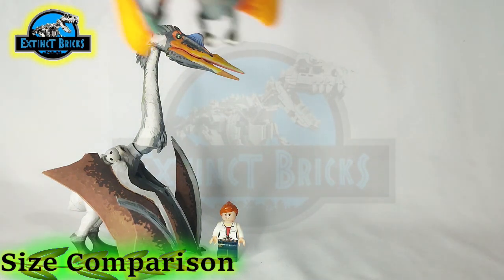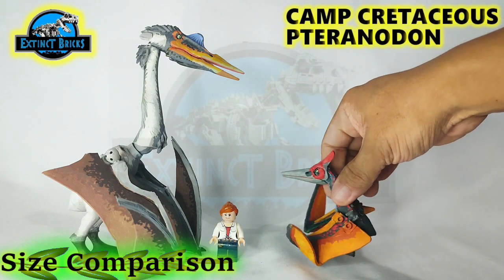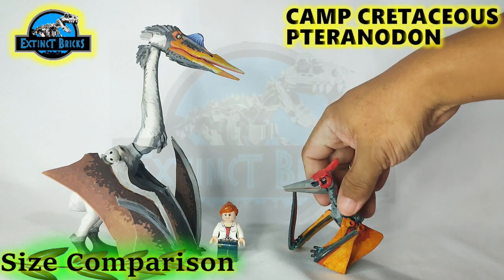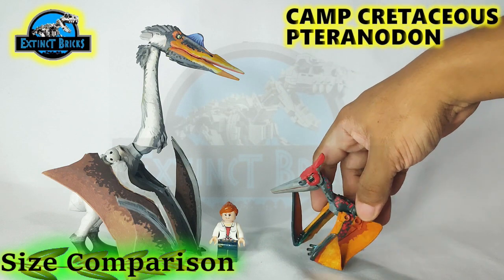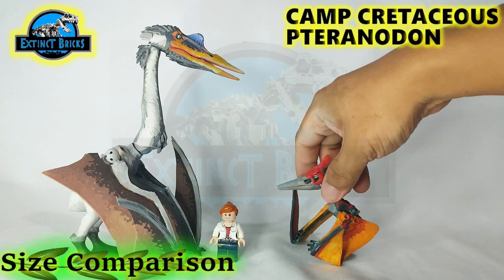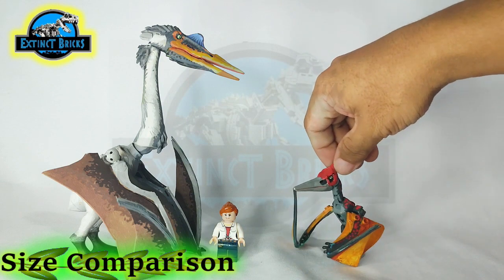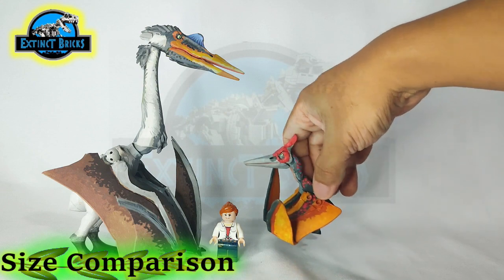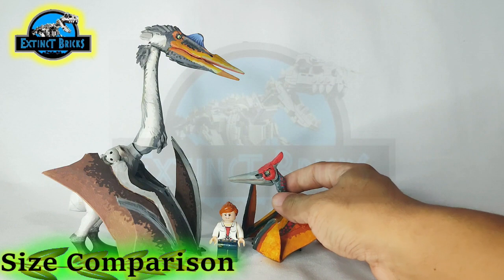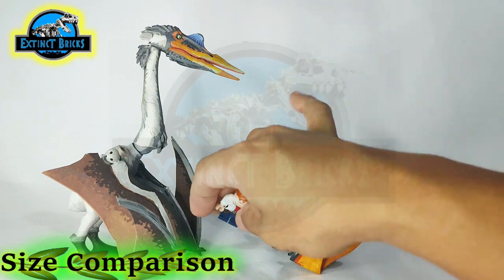This first is the Jurassic World Camp Cretaceous Pteranodon, and also the Jurassic World Dominion Pteranodon as well. I don't know if this is the same Pteranodons that will appear in Jurassic World Dominion, so don't spoil me, guys. Please don't comment them. Don't answer that question in the comments section below. Definitely smaller than our Quetzalcoatlus here, but similar in make, because the